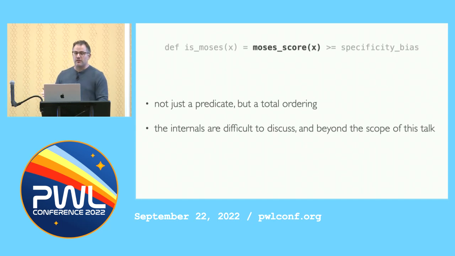The first part, the fact that we have this sense of the intensity of similarity to Moses, means that we not only can identify who is and isn't Moses, we also have a total ordering. Anything that we know the meaning of, we can say this is more that than this other thing. And if we want to talk about the internals of this function, it's difficult. The concept of similarity is very foundational to language, and it's hard to use a language to analyze itself. It's kind of like trying to bite your own teeth. Wittgenstein talks about this more in Philosophical Investigations if you're interested, but it's beyond the scope of this talk.